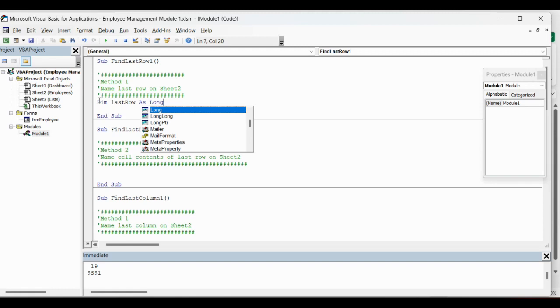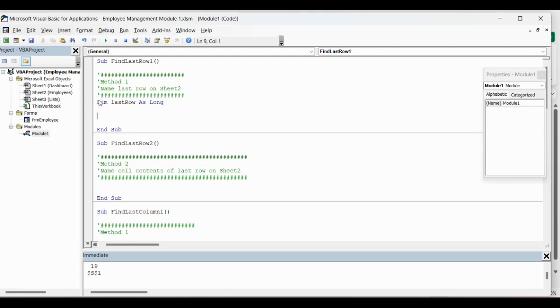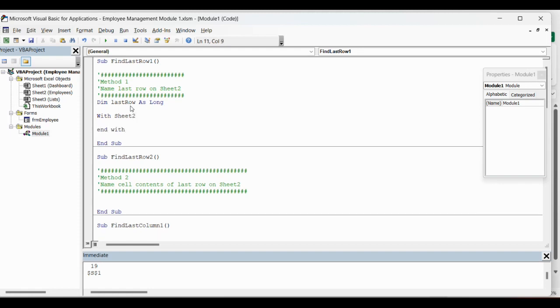I'm going to dim this one as long, because when you dim it as long, that will return a number. Now we're looking at sheet 2, that's my employee sheet, so I'm going to say with sheet 2. And anytime I do a with, I automatically do an end with, because a lot of times I will forget to do that and it'll cause an error.